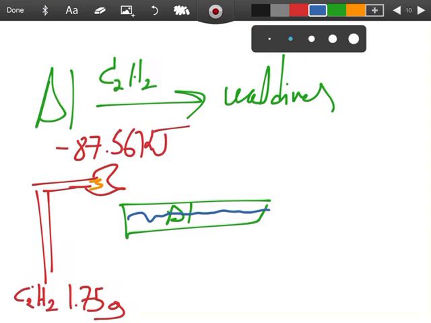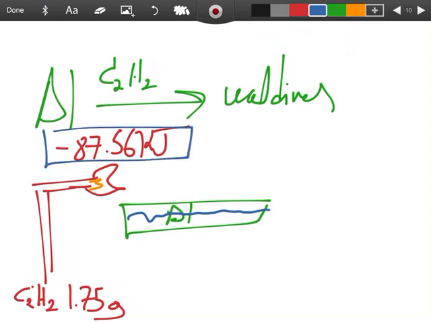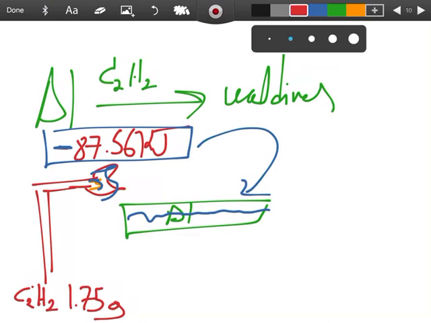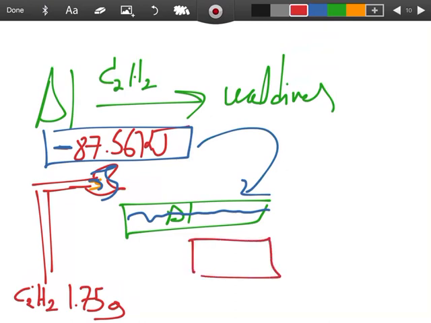Very well. So this is the amount of energy that the burning is releasing. Now I am going to transfer that energy to the aluminum. How much? Plus